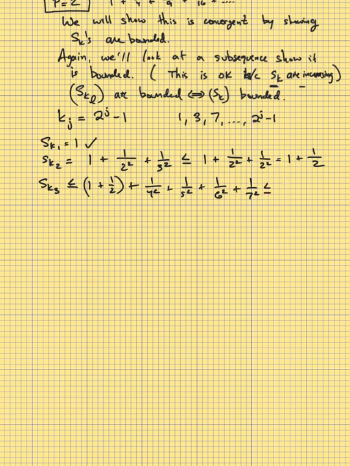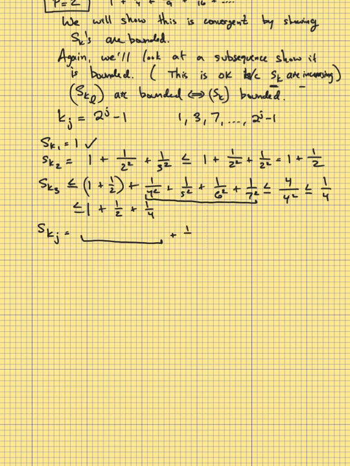This is less than or equal to 4 over 4 squared, which is less than or equal to a quarter. Okay, so therefore, this is less than 1 plus a half plus a quarter. Okay? And this is going to be the pattern that you continue for all of these, right? So you always, for the s sub kj, you're taking something which you know is bounded, and then you're adding